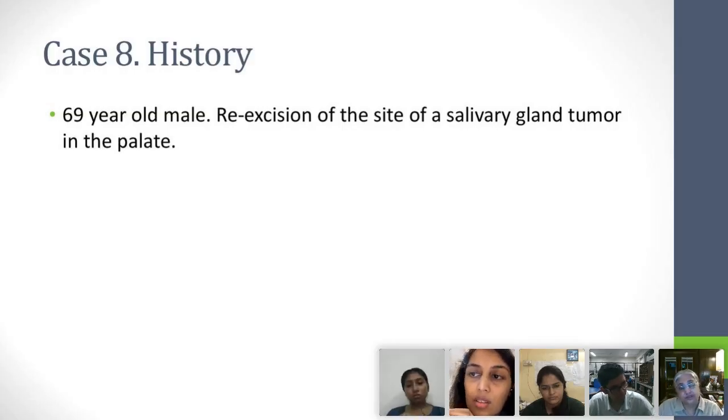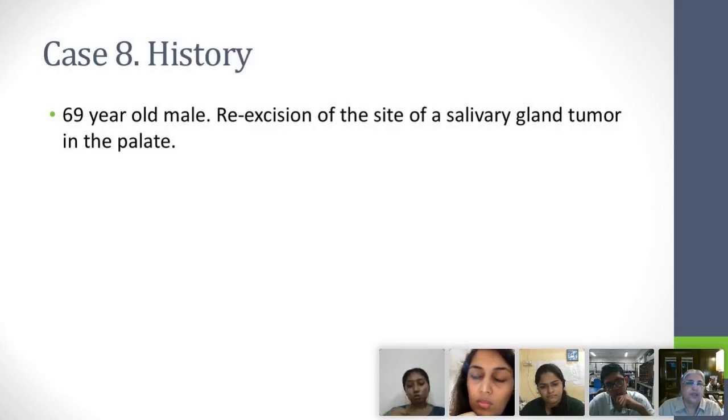Okay, Kshitija? Ma'am, it is a minor salivary gland tumor, and some tumors are malignant by their nature. Maybe in the first excision, what diagnosis was given, that was a malignant tumor. I see, okay. What about you, Neha? Ma'am, it could either be a recurrence or some change happening in that post-op site, or something that is remaining, or some other change, or a totally new tumor also.